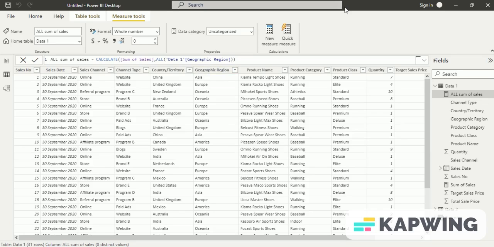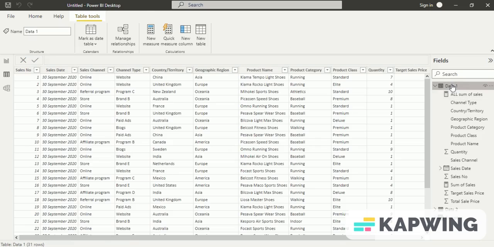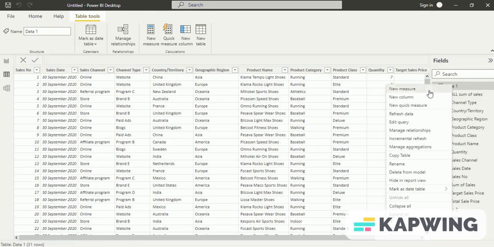Now let us see the function ALLEXCEPT. The ALLEXCEPT function removes all context filters in the table except filters that have been applied to the specified columns. So let us see that with an example. Right click, create new measure.